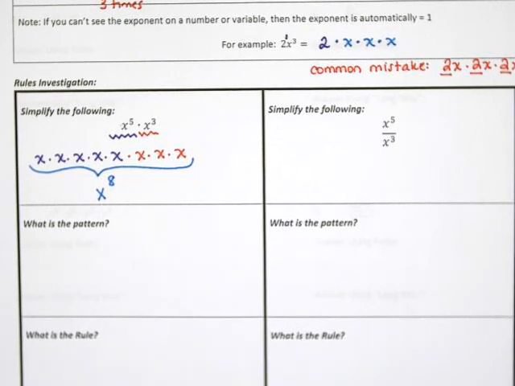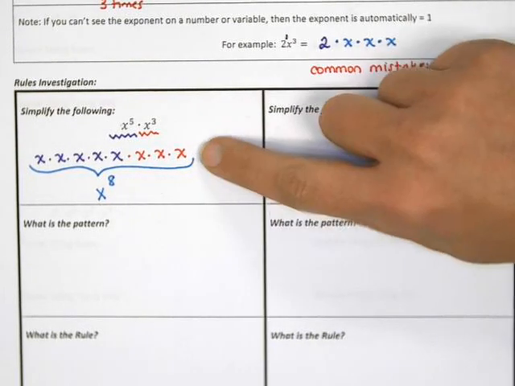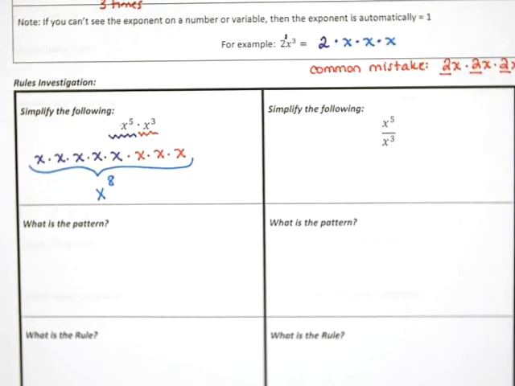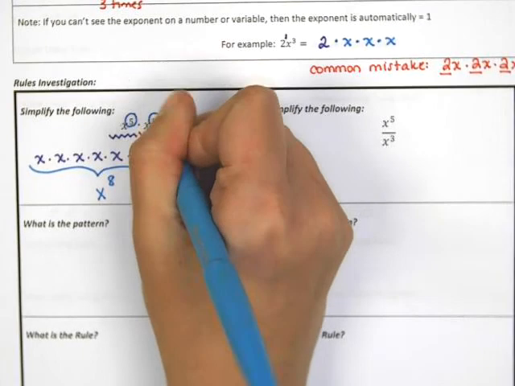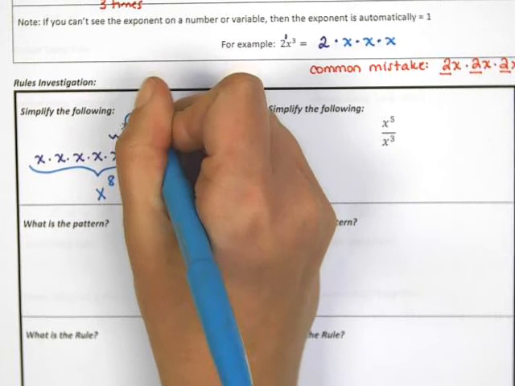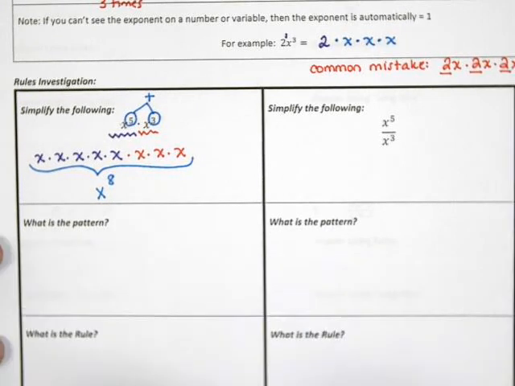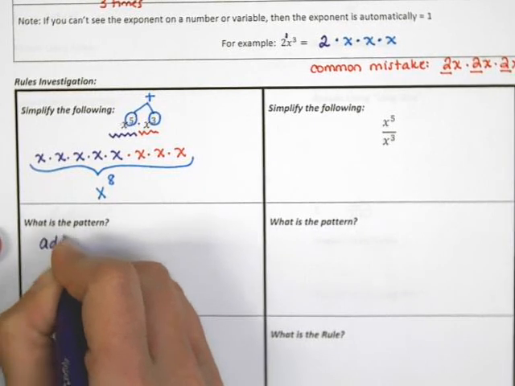Now let's look at the pattern. Is there a connection between what we started with and what we ended with that would allow us to skip this writing it out the long way step? Well, one thing I notice is that if I take the original exponents, the 5 and the 3, and I add them together, I get 8. So the pattern here is that we add the exponents